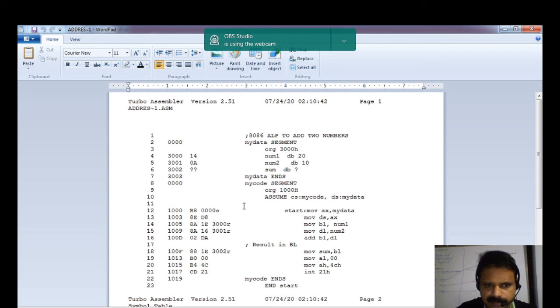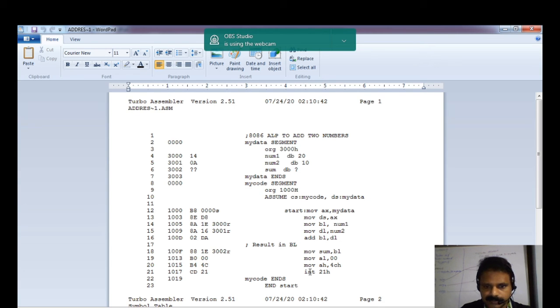And remember, it is not necessary that this address is fixed. Don't think like that. It will be changed at the time of linking, and this instruction will get another set of addresses at the time of loading. These are the translation time addresses.